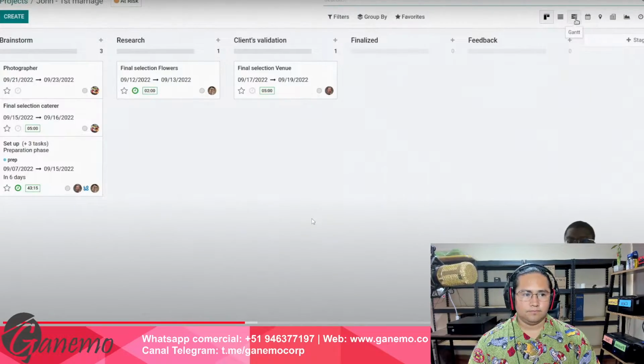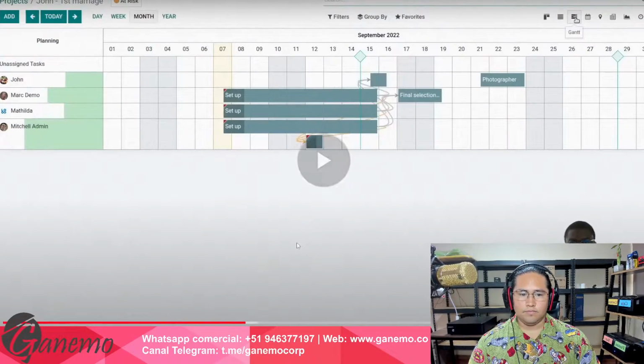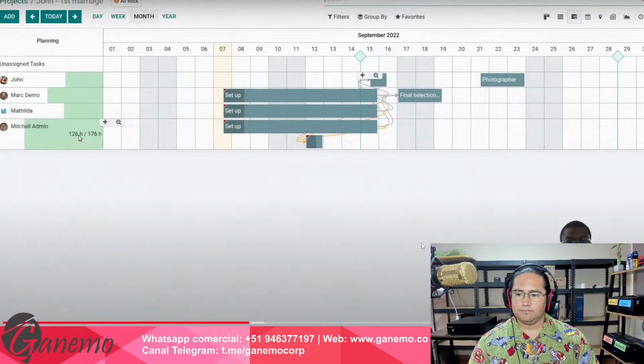Click on, of course, and as you can see, I also put the number of hours allocated. I can have a nice Gantt view, which is a nice visual of those activities. Podemos tener una vista Gantt, ¿no? Con las dependencias que correspondan. And in a calendar view. So here, for example, we have Mitchell admin. He's already working 126 hours this month. So these are all the employees that you see on the left. And here are all the tasks.